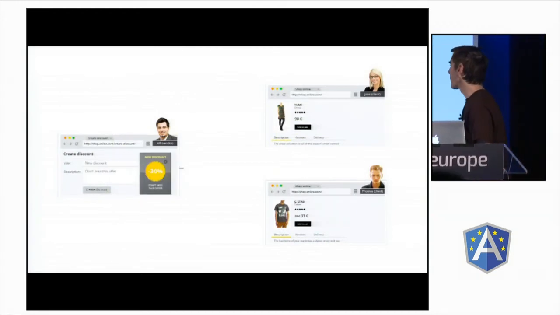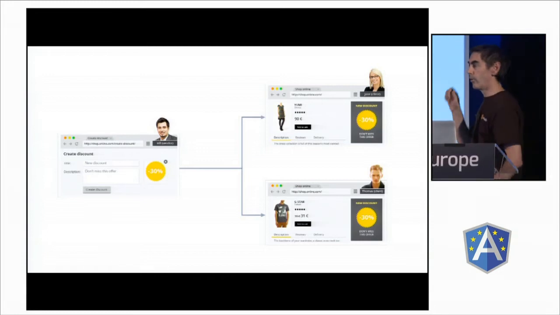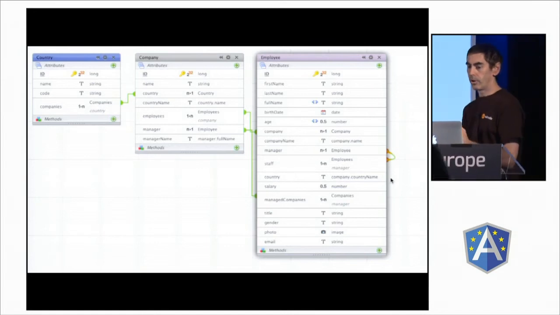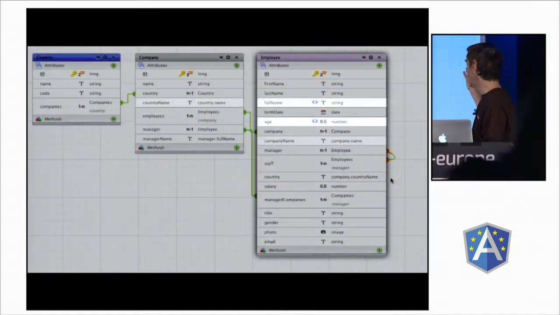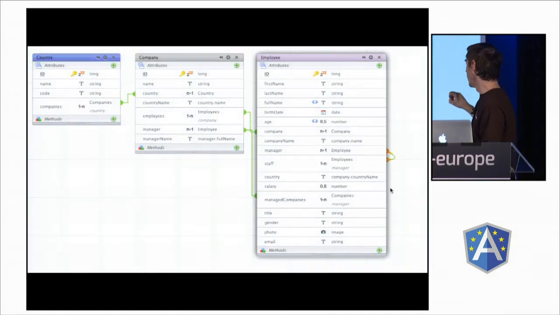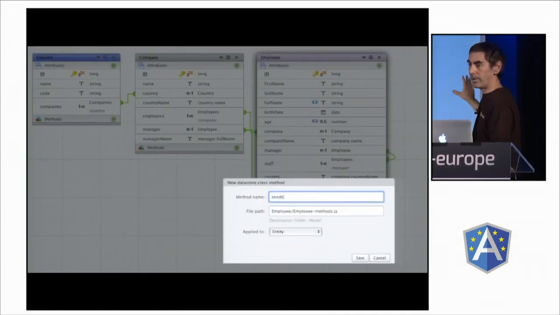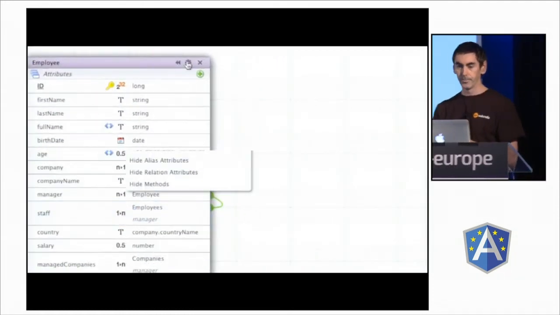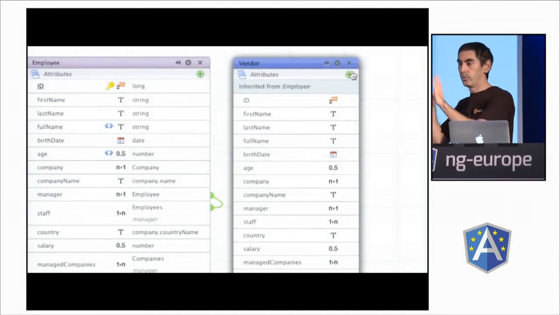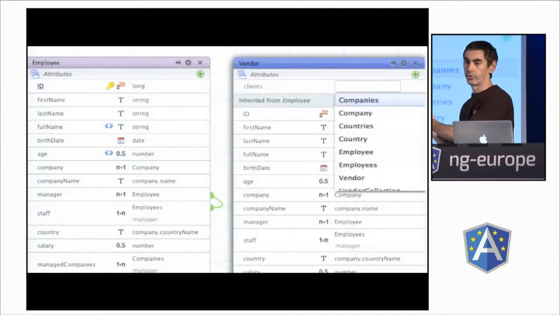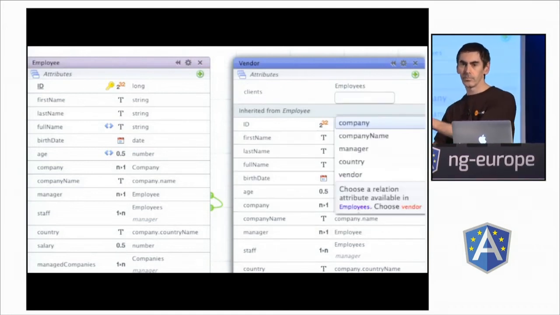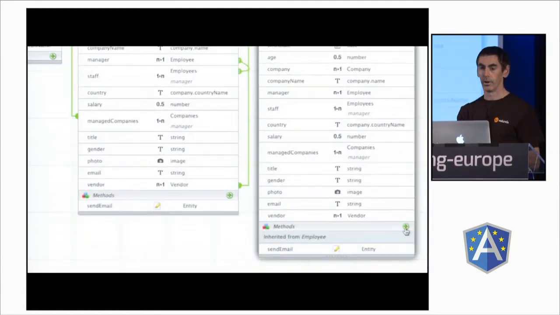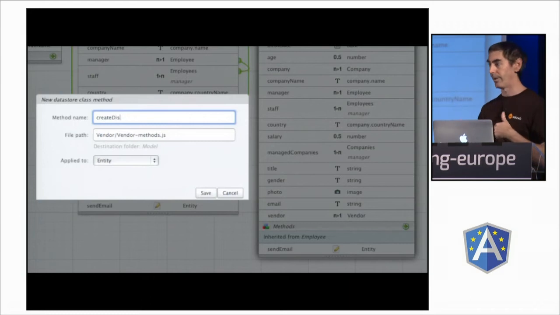It's really integrated. Now, I'm going to do a little demo where a vendor will push a discount to other clients. To do that, I'm just showing that in this object database, we have some calculated attributes, some aliases, and we can create some methods. Here, a sendMail method associated to a specific employee. We can extend employee, so here we'll do a vendor, and it will have some clients, which are some employees. Automatically, this model designer will generate a vendor attribute in the employee data class. So it's kind of handy, it helps you.